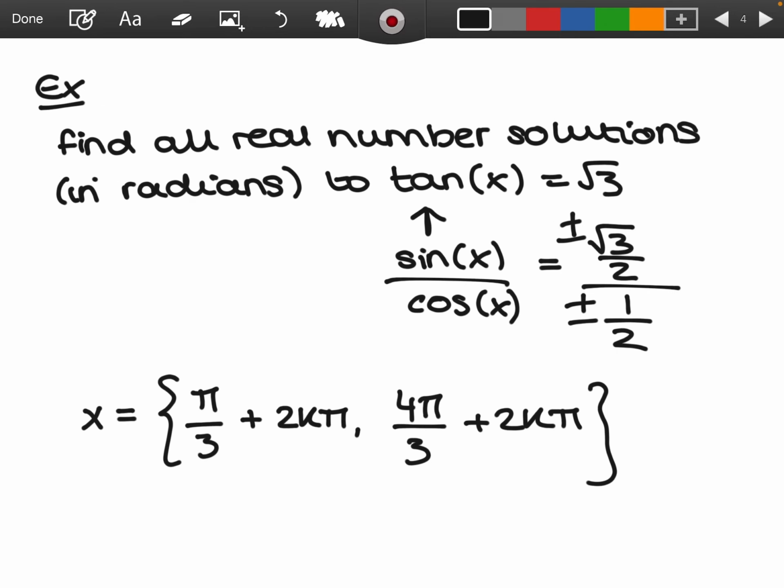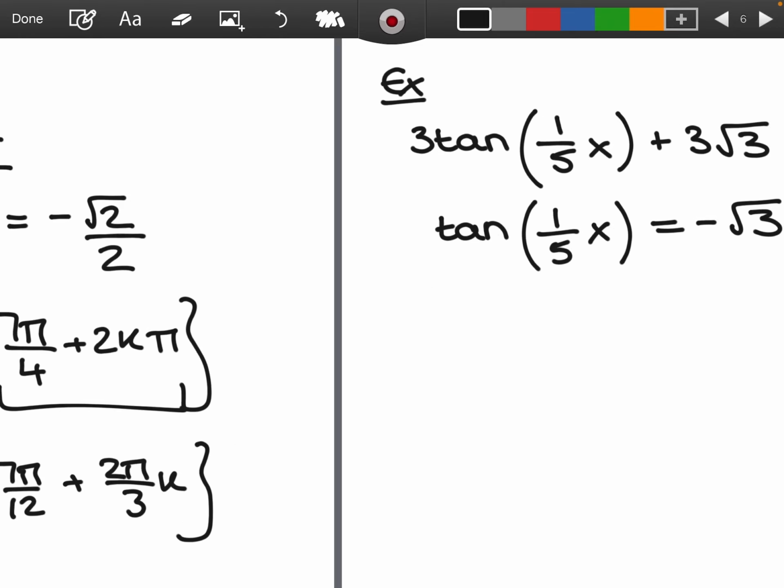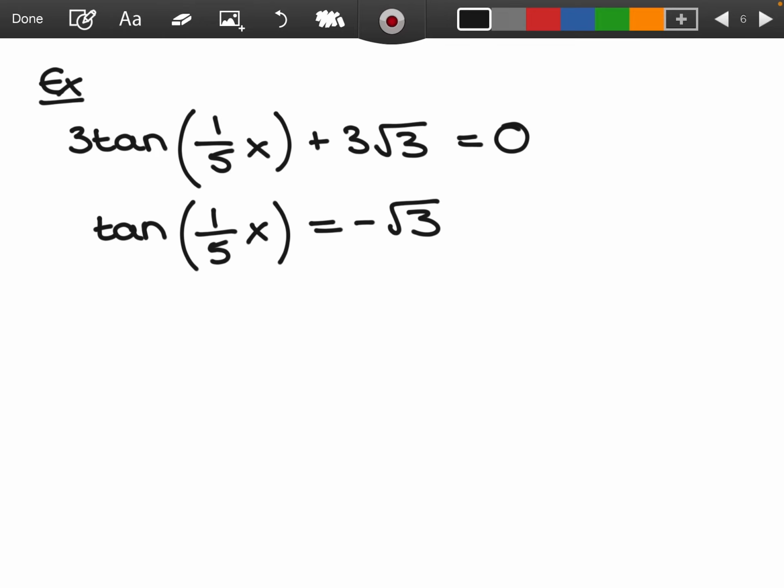Well, it's almost the opposite of what we had in this situation here. You would be looking for angles where sine of the angle was positive √3 over 2 and cosine of the angle was negative 1/2, so you're looking for opposite signs between sine and cosine here. Well, sine of the angle is negative √3 over 2 and cosine of the angle would be 1/2. That would give you negative √3 for your tan value. So this time we would be looking in quadrants 2 and 4,